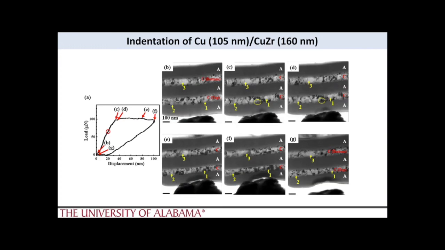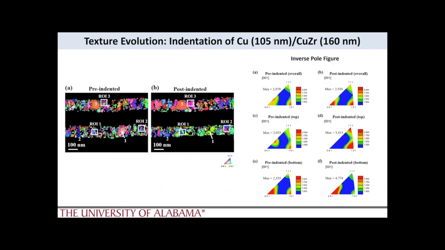So what we've done, like we did in the coppers, is a PED scan before the indent and then after the indent. And so what are some of the really nice features that can come out of this type of correlative work is that, first of all, you can look at the overall texture evolution of all the crystalline grains. And so this is an inverse pole figure that shows the relative intensities, if you will, of different orientations. And so you can see this is the overall,